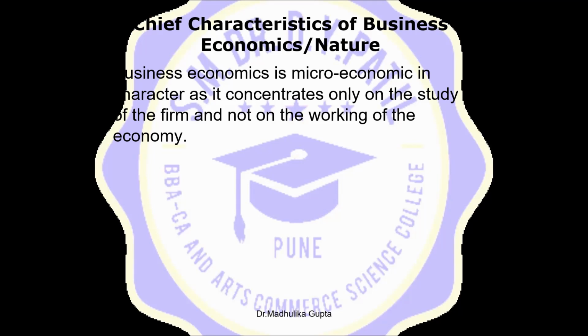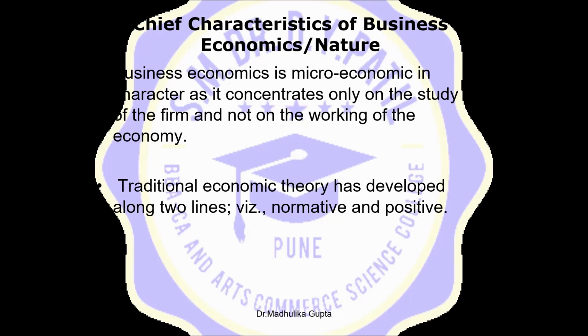So traditional economic theory has developed along two lines, that is normative and positive. Normative focuses on prescriptive statements and has established rules aimed at attaining the specified goals of business. Positive, on the other hand, focuses on description. It aims at describing the manner in which the economic system operates without stating how it should operate. So the emphasis in business economics is more on normative theory, right? Because economics seeks to establish rules which help business firms attain their goals, which indeed is also the essence of the word normative.